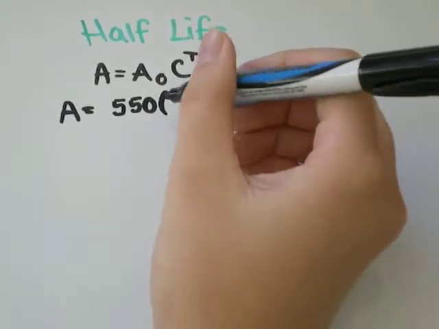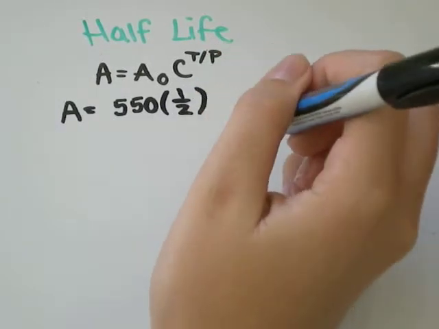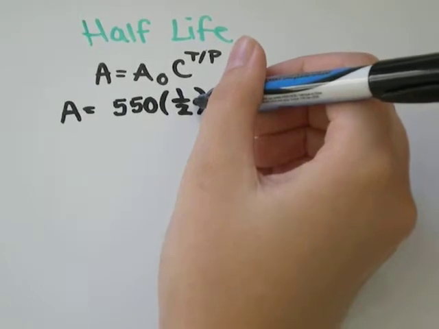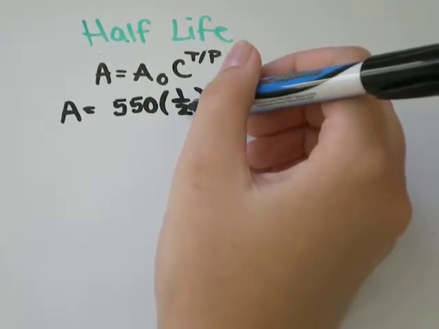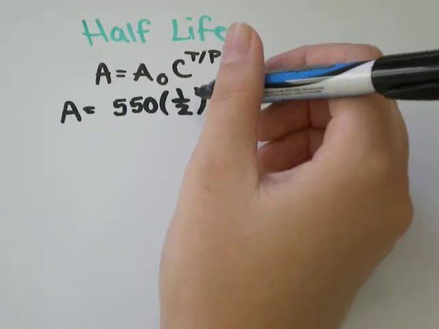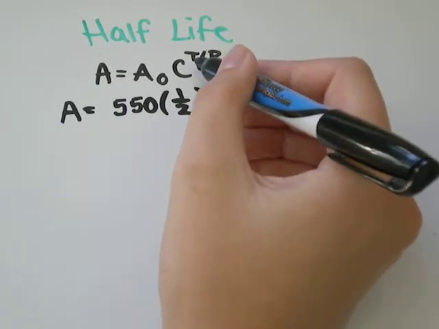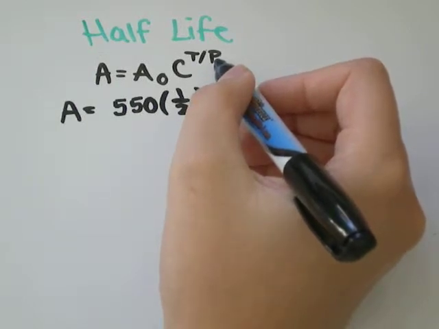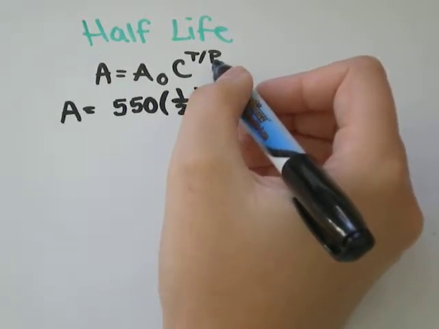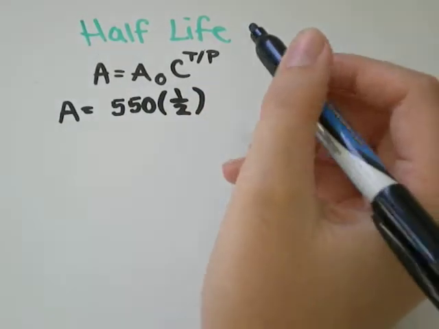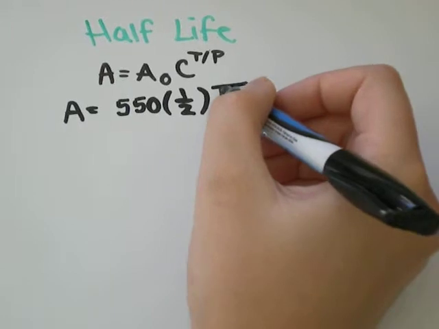C is always a number. C will be a half if you're figuring out half-life. If you want to find out how long something takes to double, you would put 2 in for C. If you want to know how long it takes something to triple, you would put 3 in for C. T is the amount of time in years. P is how long it takes to double or triple or half. So in this question we have the half-life is 175 days. So P is